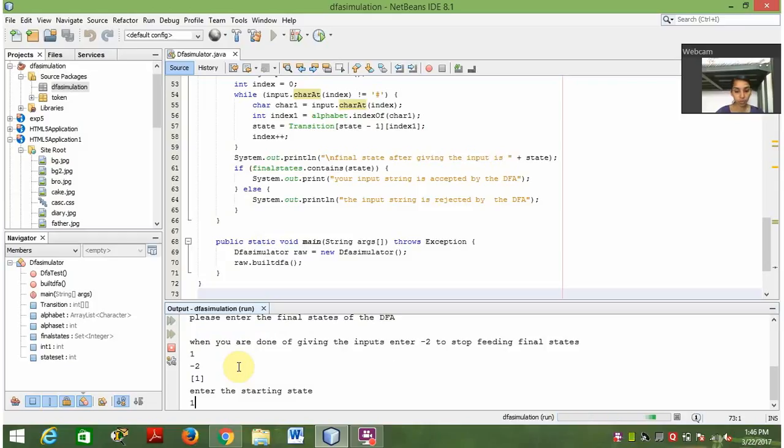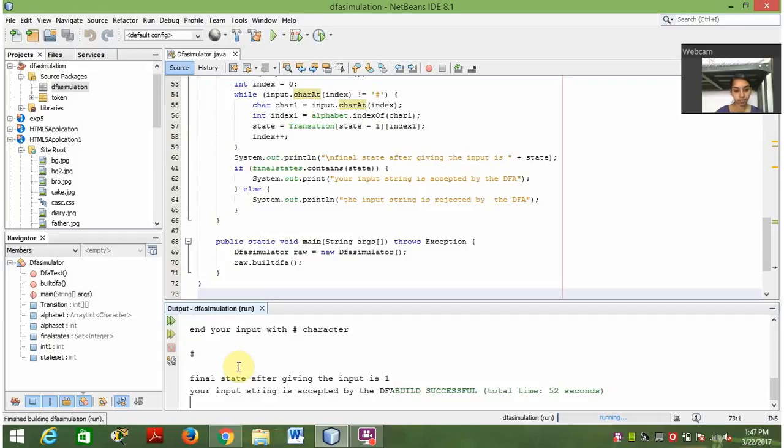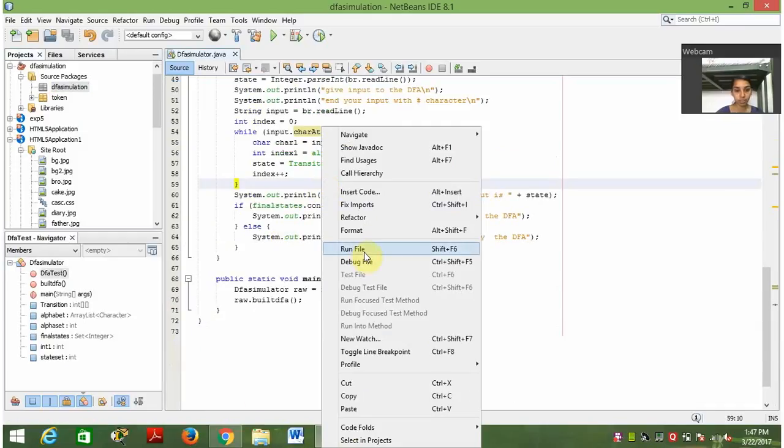The starting state is 1, and then we have to give an input. Since it is a closure, it will also accept an empty string, so we give hash. So we got the output: the final state is 1 and the DFA is accepted. And if we have to try another case,